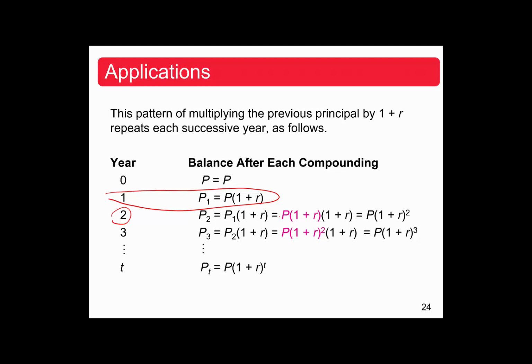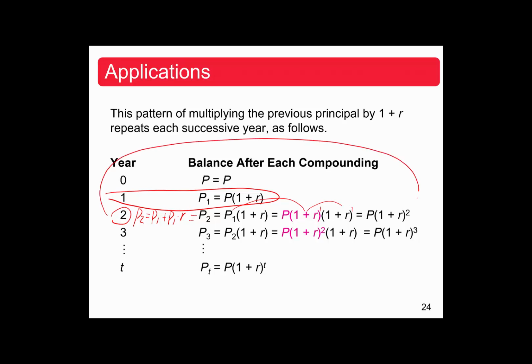Similarly, it should be written as P2 equal to P1 plus P1 times r. And if you factor out a P1, we get P1 times 1 plus r, right? Factor by GCF one more time. And P1 is equal to P times 1 plus r from the previous step. So now, again, we get a repetitive multiplication. It's P times 1 plus r raised to the second power. To the first, adding the exponents, we get 2. We look at year 2,